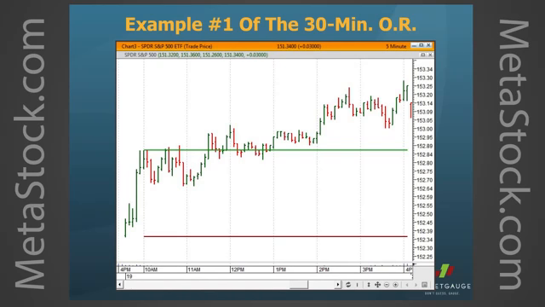The opening range is the first 30 minutes of the day. In this case, we're looking at a 5-minute chart. If we look at the market action from the open at 9:30 to 10 o'clock, that represents the first 30 minutes. I want to know the absolute high and the absolute low for that period, and then I simply draw the line, a little messy, like we've got it here. That's going to represent my opening range high,